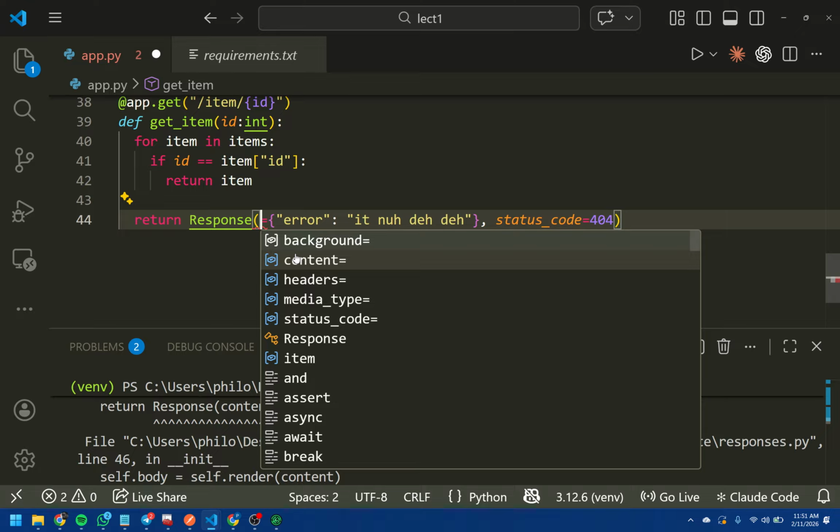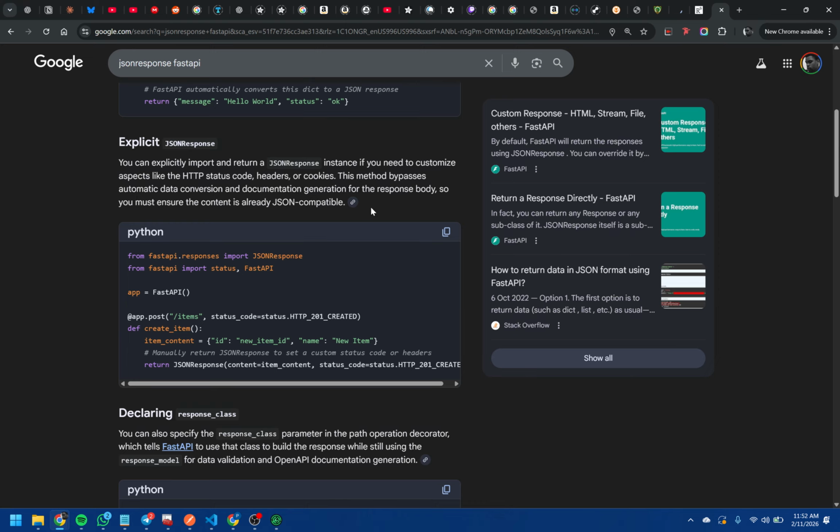Am I wrong? Not the name JSONResponse. So AI tells me JSONResponse. Oh, it's not from FastAPI, it's from responses. That's confusing. So we don't take it from here, instead we take it from here. From fastapi.responses import JSONResponse. Now we can use JSONResponse, which has a content and a status code. And if I refresh, it should now return